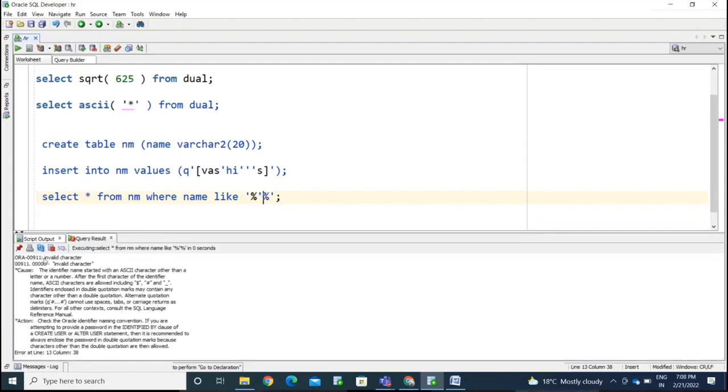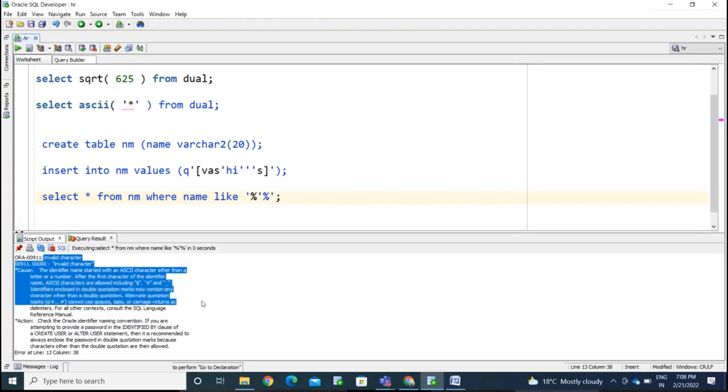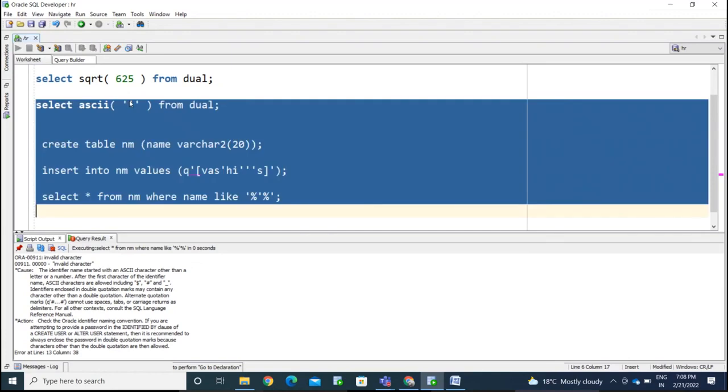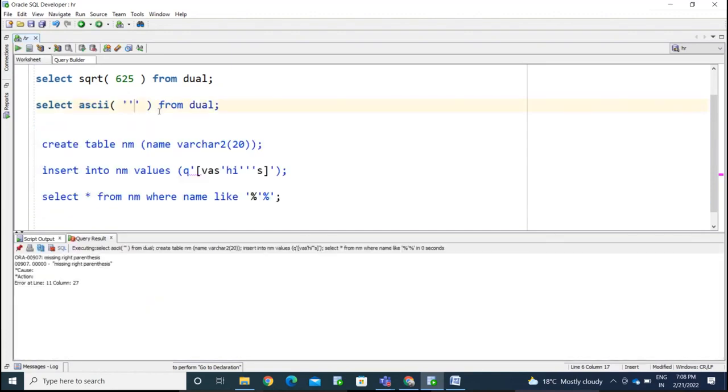See here, invalid character. You cannot see it here because the identifier of a name is started with an ASCII character other than a letter or a number. The system cannot understand these situations. For these situations, we'll use the ASCII functions. In the single quotations, we need ASCII. You cannot find the single quotation's ASCII. For that, we'll use the char of